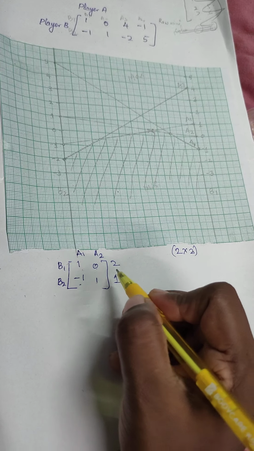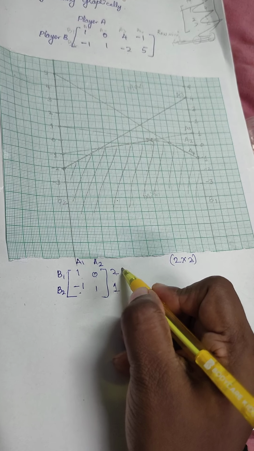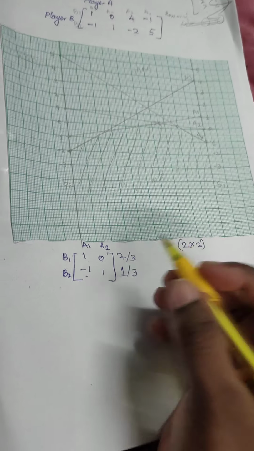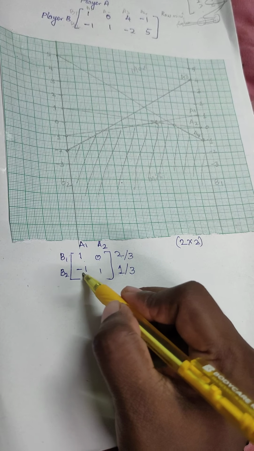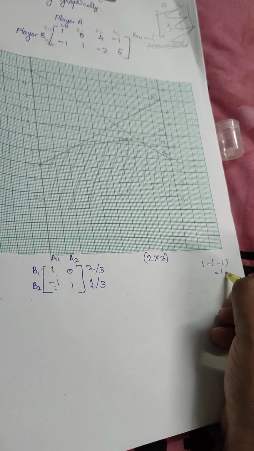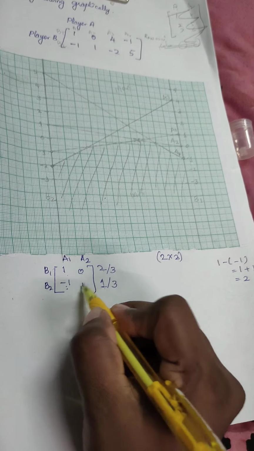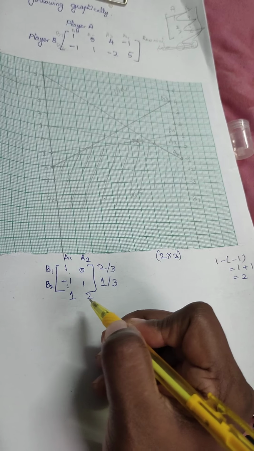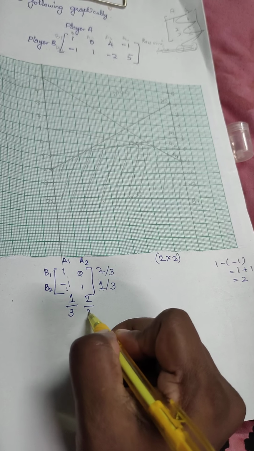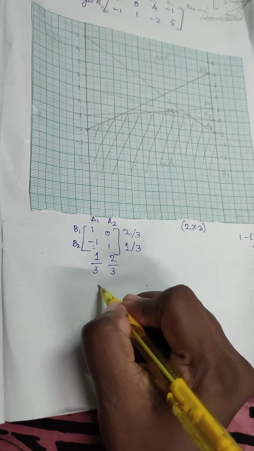Okay, adding these two values, 2 plus 1 is 3, so I am going to divide by 3. That's it. Similarly, 1 minus minus 1 is 1 plus 1, 2. I write it here. 1 minus 0 is 1. I write it here. So 1 plus 2 is 3. So therefore my value of the game